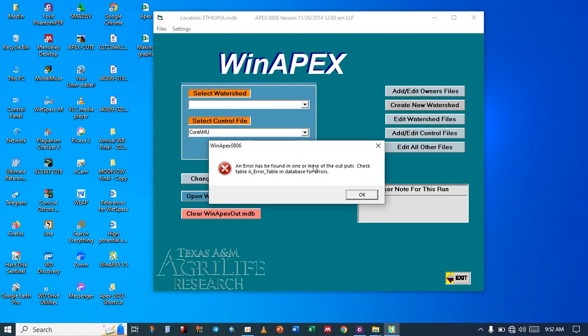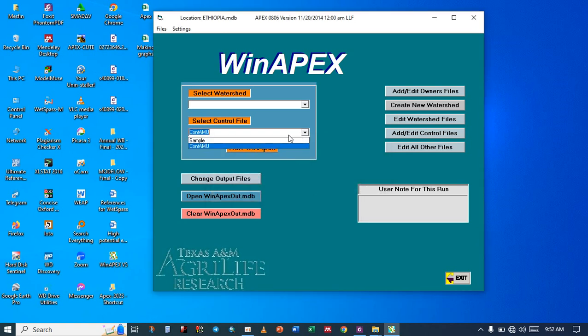So if you are encountering errors, something is missing in your computer, in your database, or in